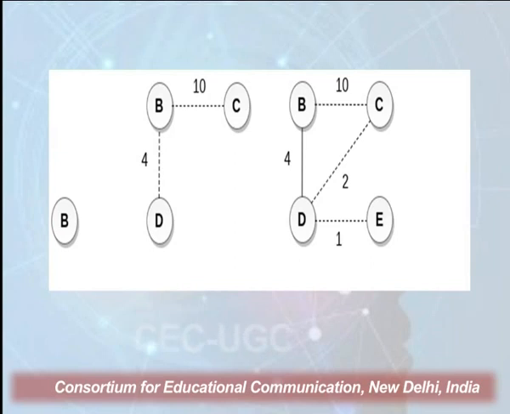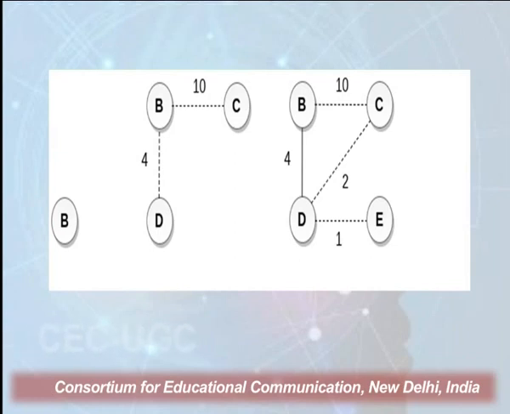As you can see, BD has been thickened. Earlier it was in dashed form. In the third stage of the figure we have chosen BD and it has been given a thick line. Now coming to the vertex D. If we explore the adjacency list of D, it has two vertices in its adjacency list. One is C and another one is E. DE has weight 1 and as you can see DC has weight 2.